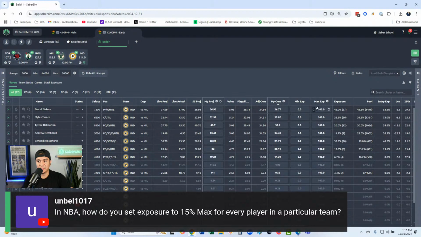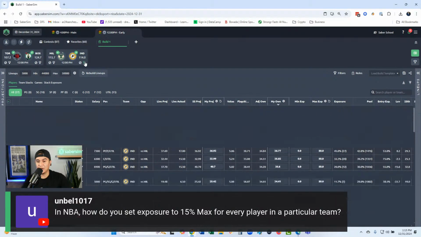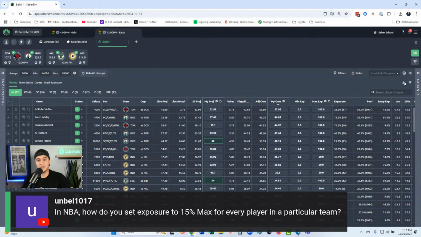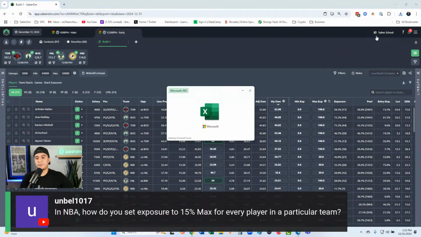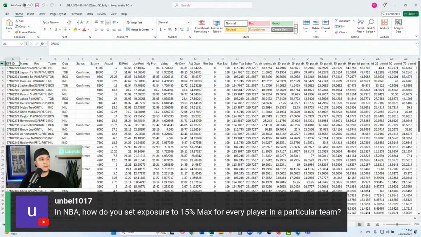So I'll filter for the team, and then I would just go in and change all these to 50, right? It's going to take maybe like 10 seconds to do it, but you would have to do it one at a time. So on a team level, you got to do it individually, or you could do the entire slate all at once. The other option, if you want to, is download the player table, go into Excel, put in a filter,